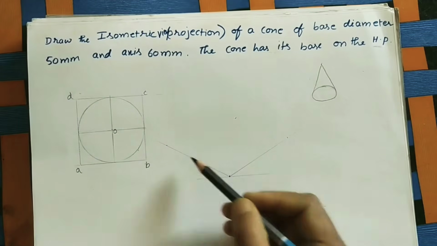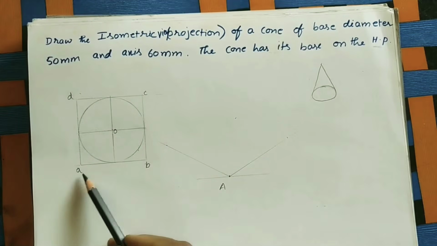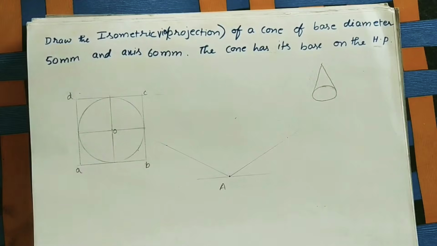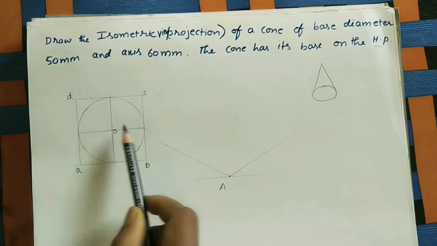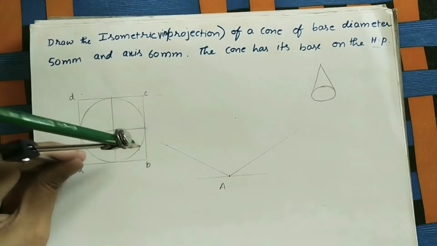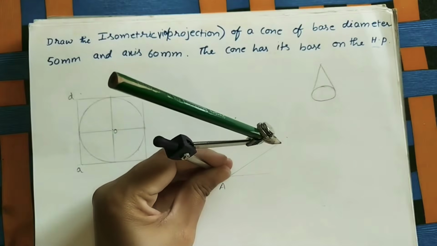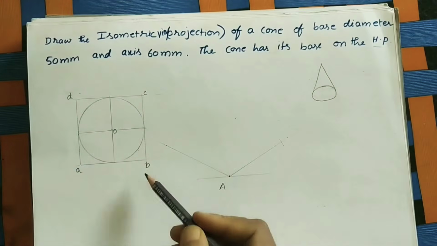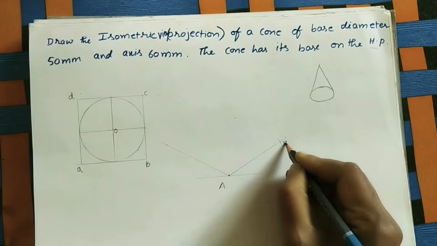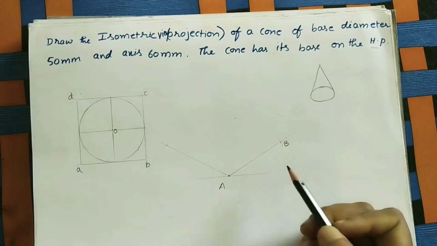So after doing lines here, take this length, AB length, at one side of the line. Here, as you know, AB length is nothing but the diameter of the circle. So it is 5 centimeter. Mark this length at one of the sides. So the intersection point is B point. Here always remember, in isometric views give capital letters.